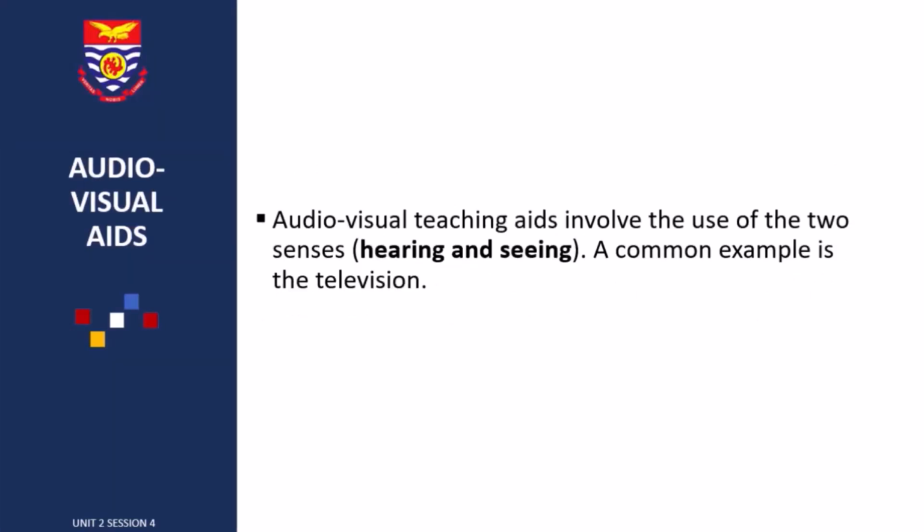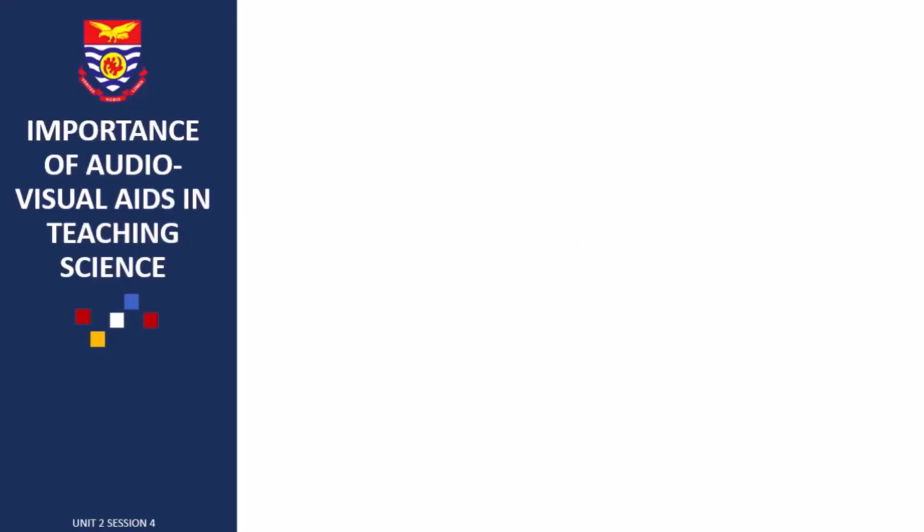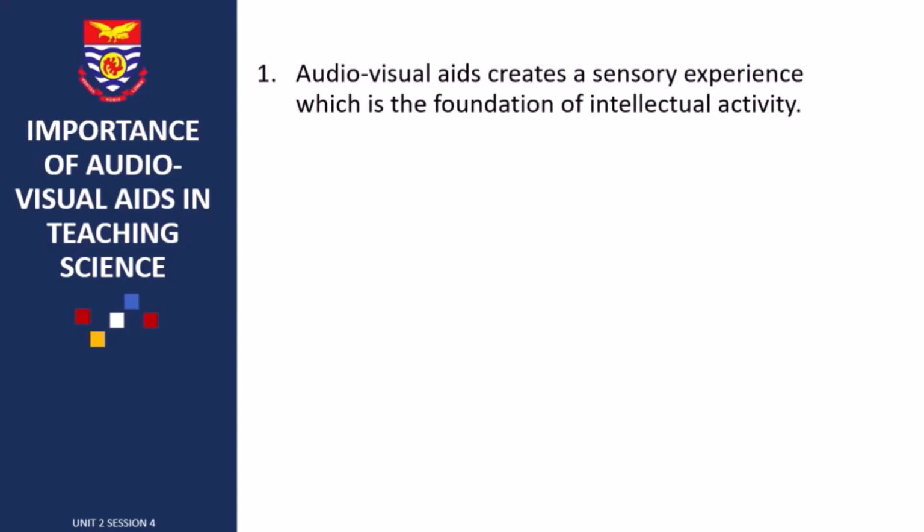What are audiovisual aids? They are the aids that involve the use of our two senses, the hearing and the seeing sense. A common example of an audiovisual material is the television. Audiovisual aids have a number of importance, and they include: